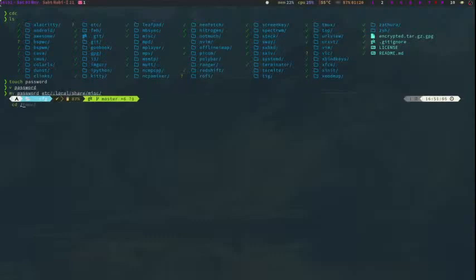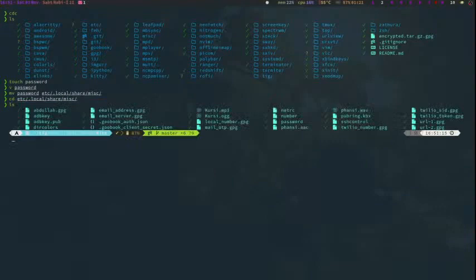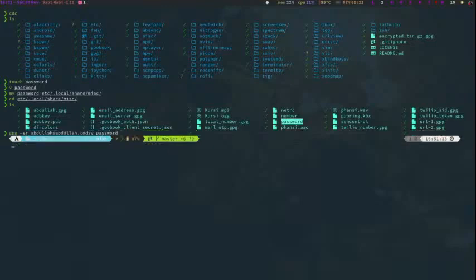Now go to this directory, misc. Here you can see the password file is there, this one is the password file. So I am going to encrypt it for me, gpg -e -r abdullah at abdullah.today, the password file I want to encrypt.